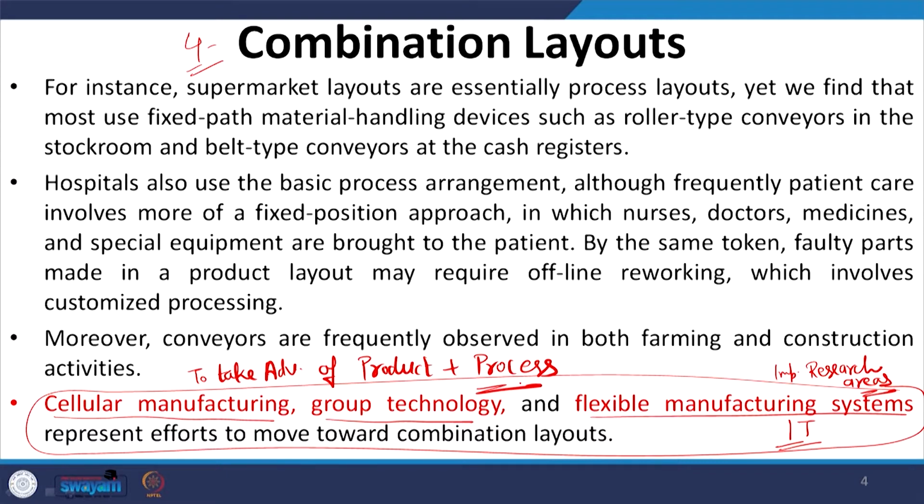Because product layout gives you very high level of economies of scale. You can remember these key points, that product layouts offer you high economies of scale because of repetitive nature of your work. So, cost of production per unit is very low. So, that is something we actually want, that how can we reduce the cost of production per unit. The process layouts offer you good amount of flexibility.